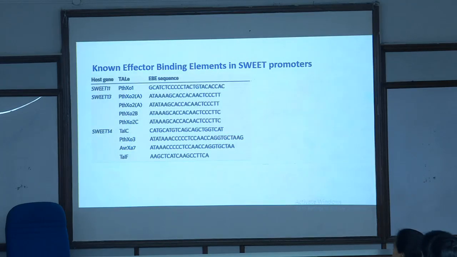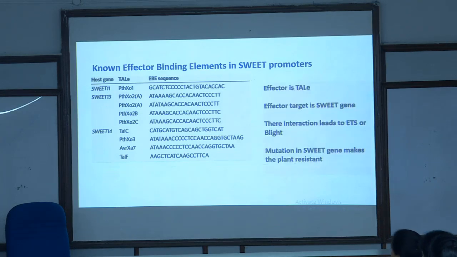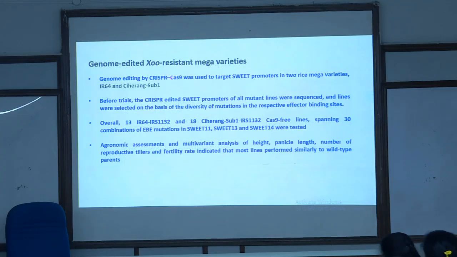This is in a nutshell: the pathogen in question here is Xanthomonas, the effector is TALE, and the effector target is SWEET genes, and the interaction leads to ETS, and the genome editing option has prevented the ETS from happening in the host. That's what they did in a nutshell, right? They edited the SWEET genes. In the process, what happens? The interaction is broken. There is no interaction between the TALE and the SWEET gene products. So the ETS is stopped abruptly. So the mutation in the SWEET gene makes the plant completely resistant. That's the story. So the genome edited rice lines,